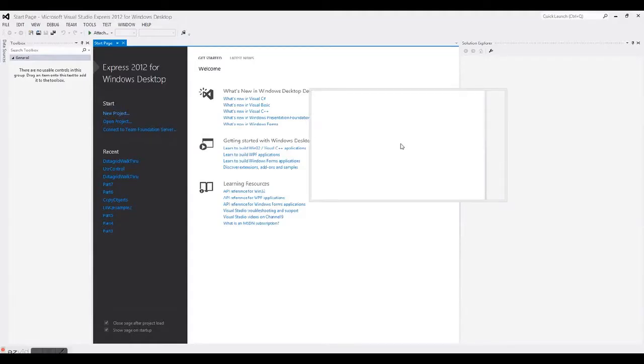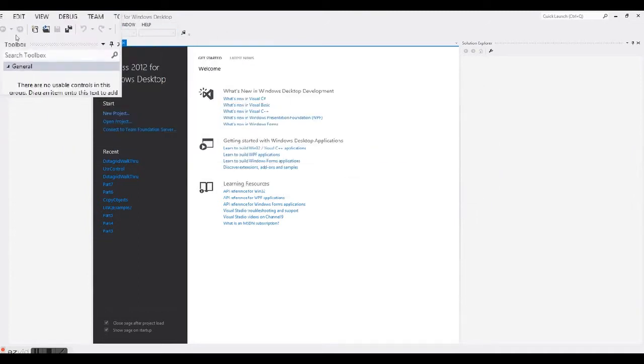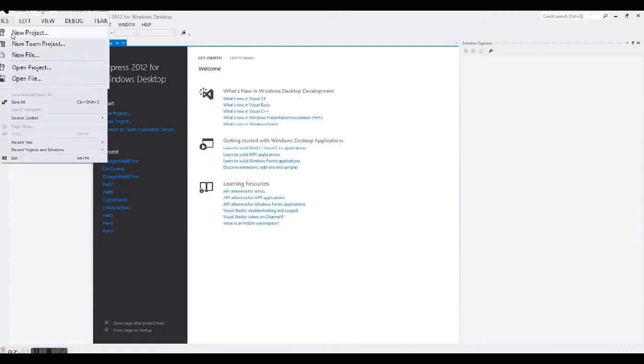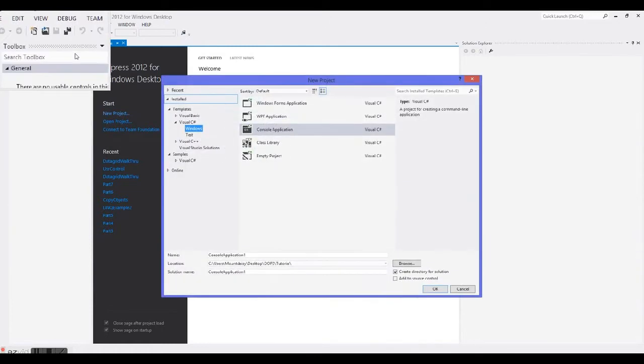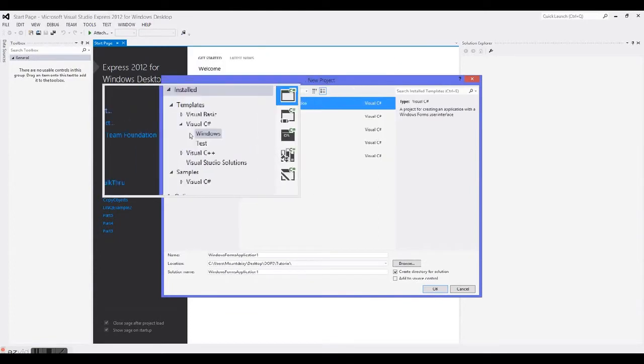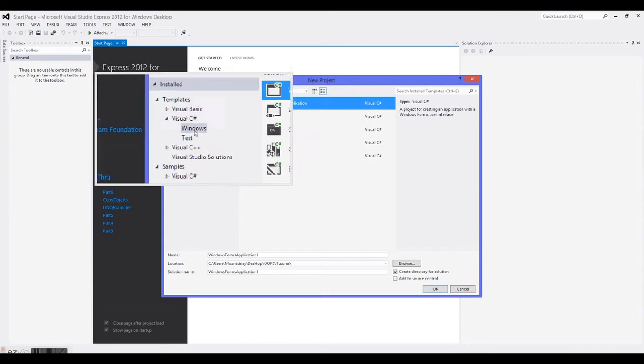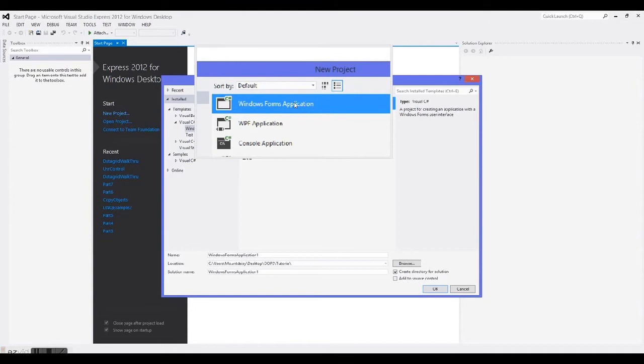Okay, so what we're going to cover in this video is the first part of the Datagrid example that we went through in class. So to get started, what you need to do is create a new project, and you need to make sure that you select Windows Forms application. Again, make sure that C# has been selected and that the Windows option has been selected underneath that. So just select a Windows Forms